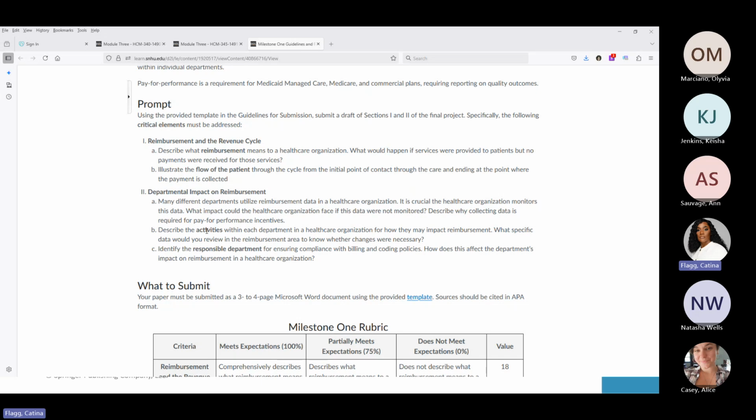And I know it says that your paper must be submitted as a 3 to 4, so not anything less than 3 to 4. I always recommend my students include data because any good paper has data and research to support it. Everything must be in APA format. Does that make sense? Yes. If you're not too strong with your APA format, you can go to Purdue OWL. You can also go to our virtual library and get assistance and support. And then also when you go to